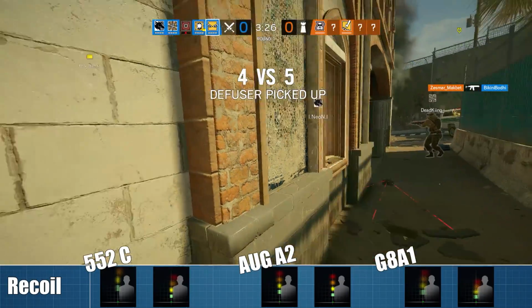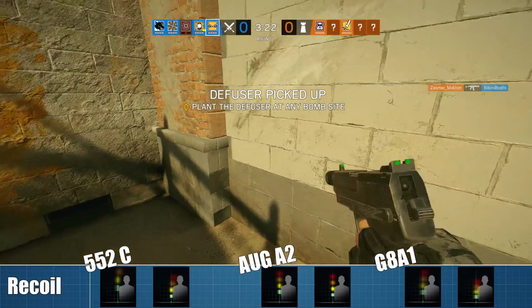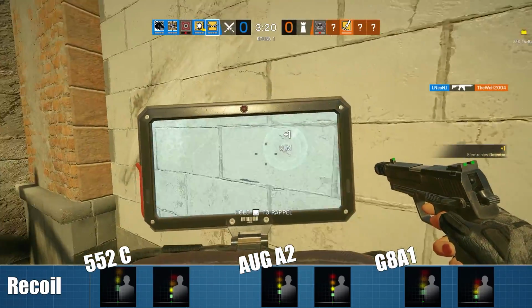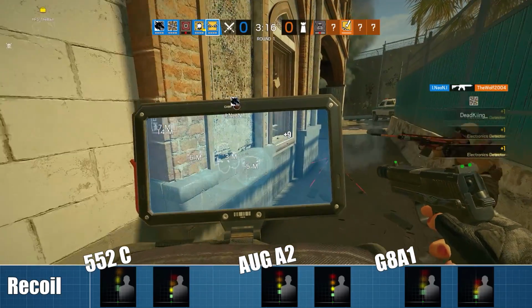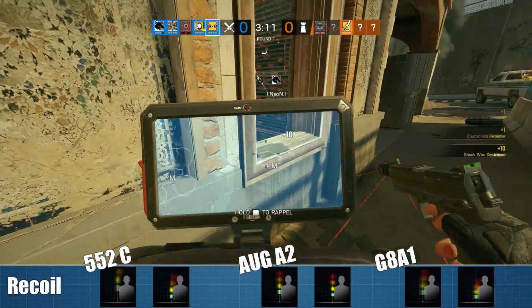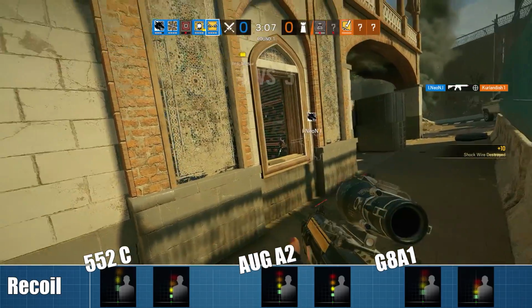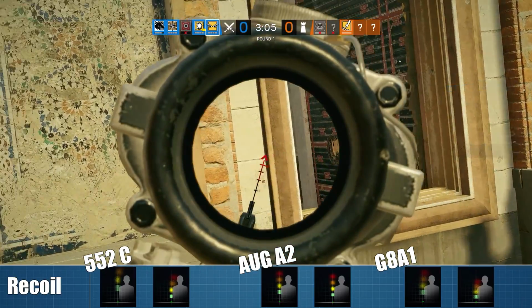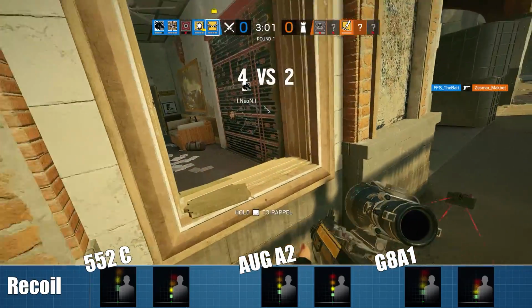The 5.52 Commando has the harshest default recoil. I mean, look at the leftmost recoil pattern. The 5th shot in the burst isn't even shown anymore. But at the same time, the 5.52 is also the only one of IQ's primaries that can get the best possible vertical recoil reduction by attaching the muzzle brake and the vertical grip. Neither the AUG nor the G8 have access to the muzzle brake, which is very unusual, but at least the